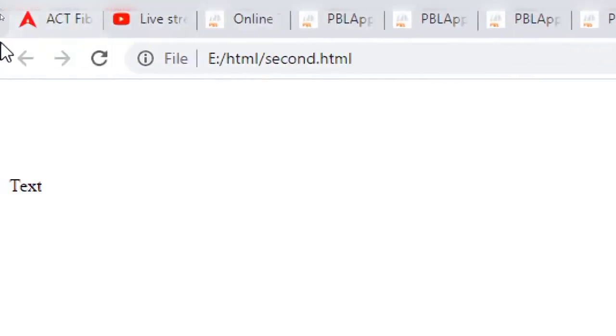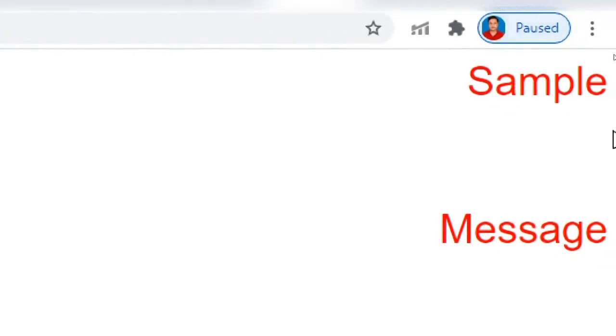So here you can see text coming in the left side, because if you have observed, I have created 3 paragraph tags. The first one and last one I have included the ID Krish, but for the middle one I haven't applied any style ID. So that's the reason the second one appeared as usual, but coming to the first one and third one, here you can see sample